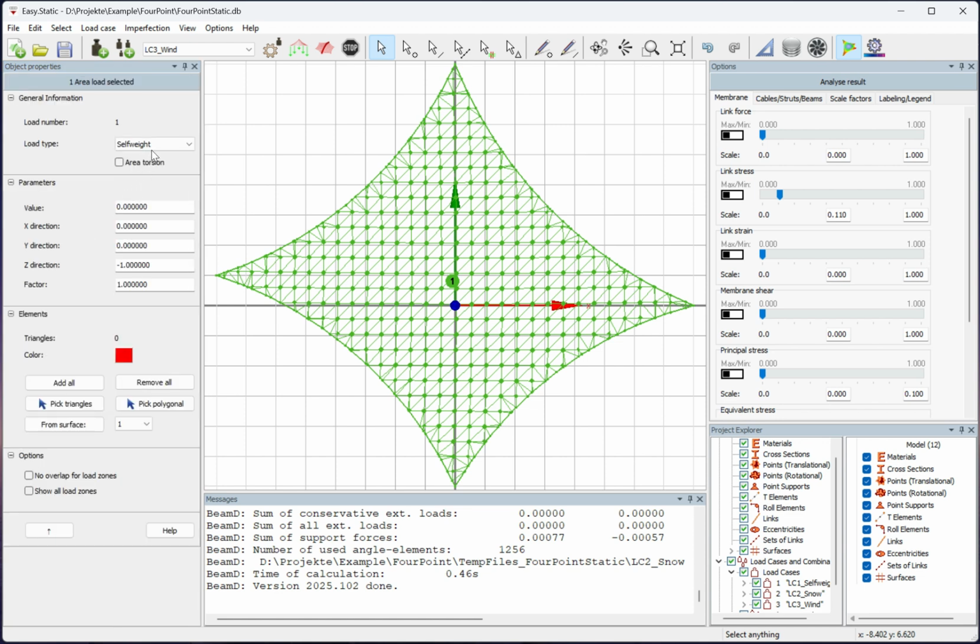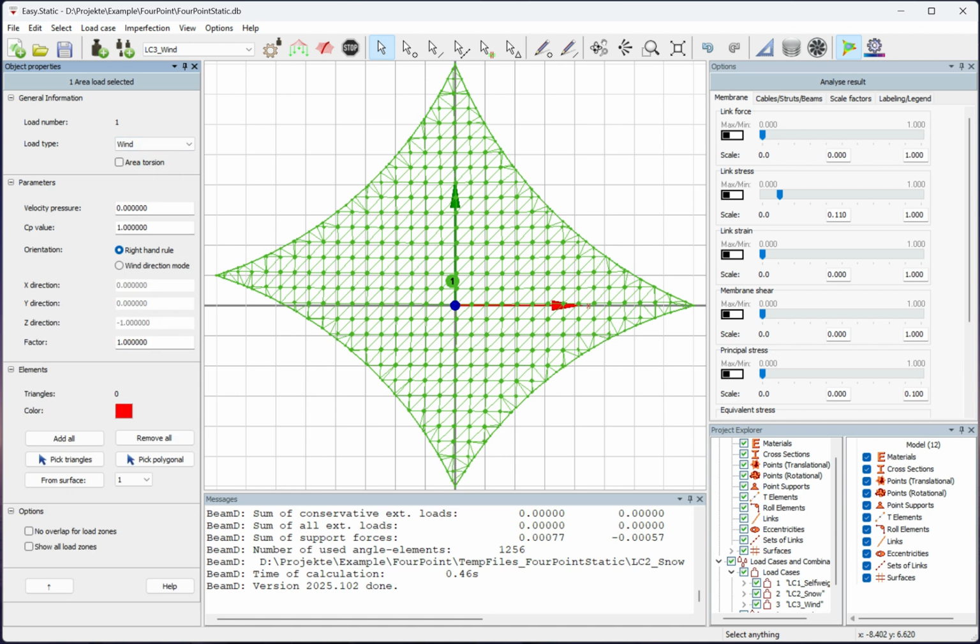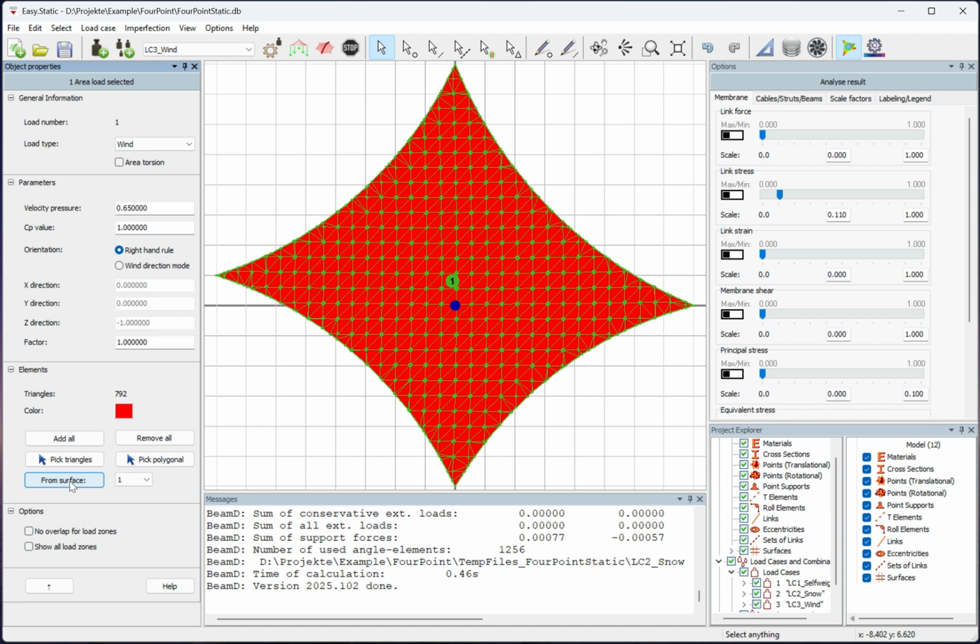This time, wind is selected from the Load Type drop-down menu. In the now available input parameters for wind, the velocity pressure is set to 0.65 kilonewtons per square meter. For simplicity, the CP value is left at its default setting of 1. This time, the From Surface option is used to select the area. All parameters for this load case are now defined, and the calculation can again be started by clicking the Create